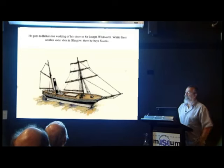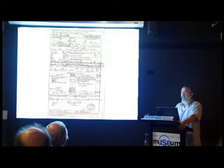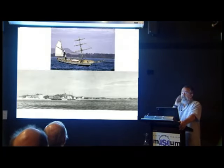So he goes to the wedding of his sister, who marries the famous Joseph Whitworth, you know, with the Whitworth threads. She was a great philanthropist in her own right. And off he goes to Glasgow, and there he spots this little steamer offered for sale by a scrap metal merchant. Whoa, I'll get one of them and bring it home. Through the Suez Canal he comes. It's just opened. He gets a register, and he comes here, and he comes all the way down,